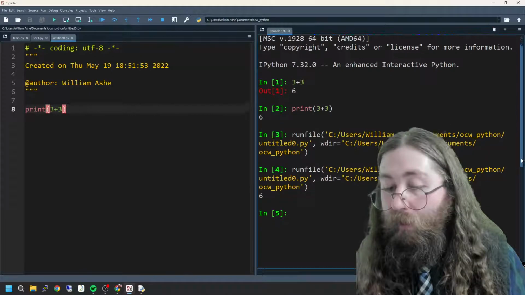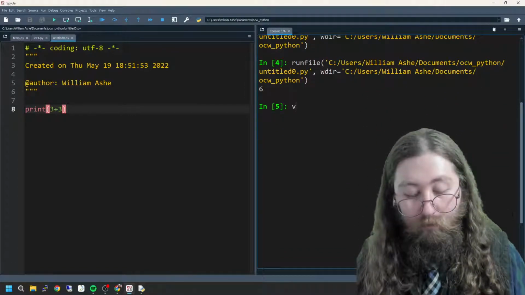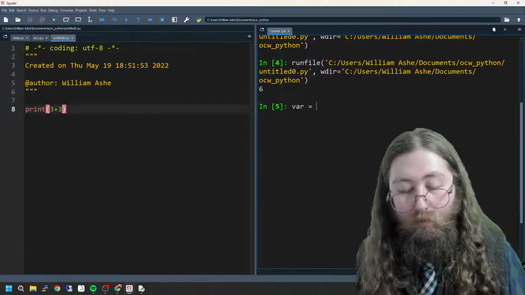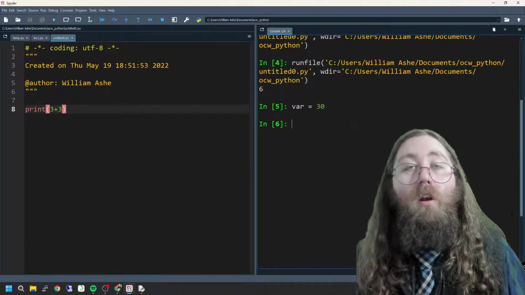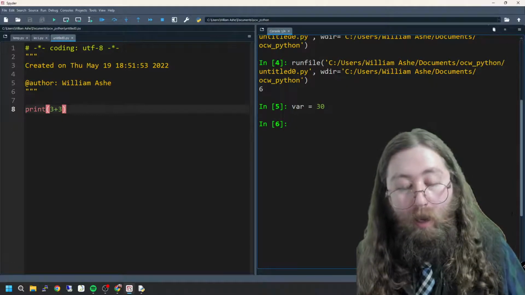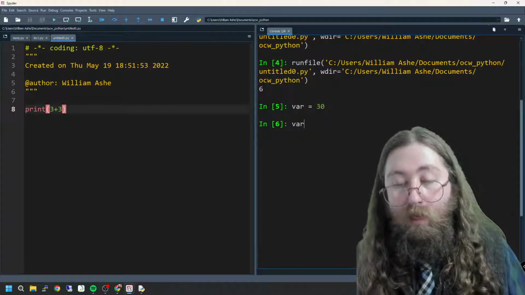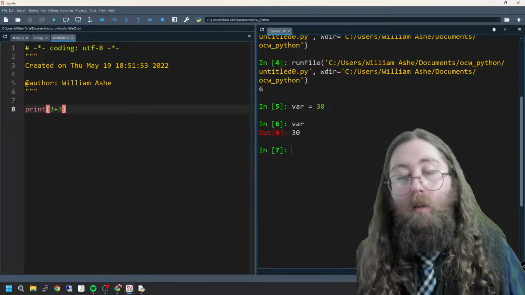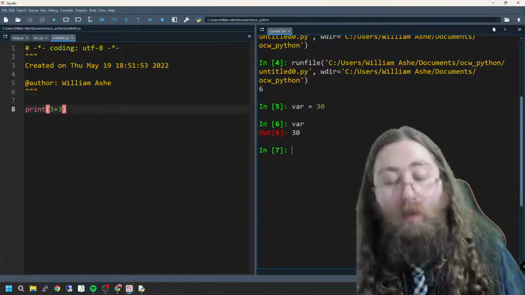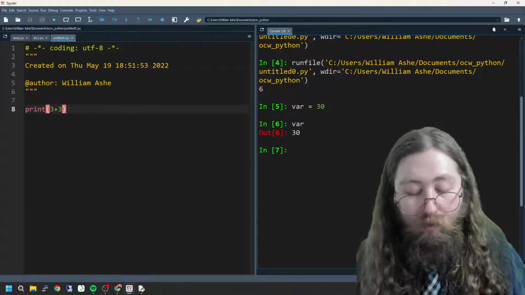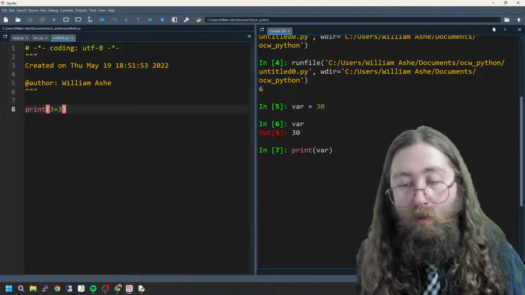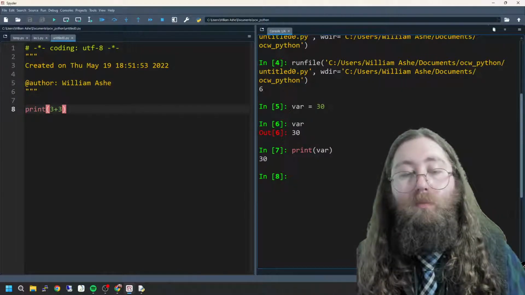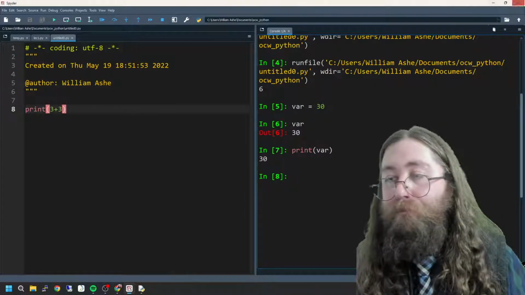I'm going to say var equals 30 and hit enter. And now Python knows what var is. Okay, I can get it to tell me by typing in var and hitting enter. It tells me var is 30. Okay, remember that's not really output. If I wanted output, I would need to put the print command in, and then now it's proper output, right?